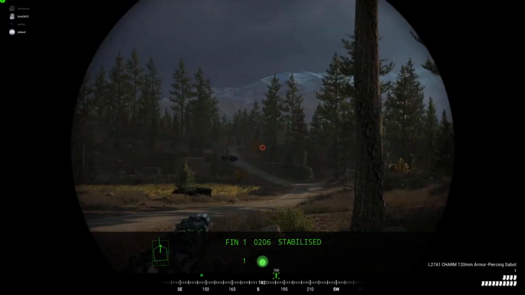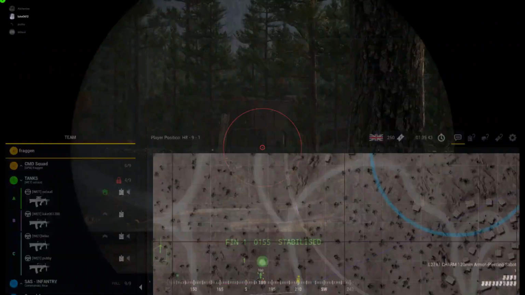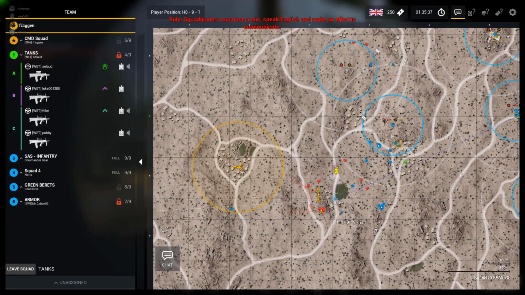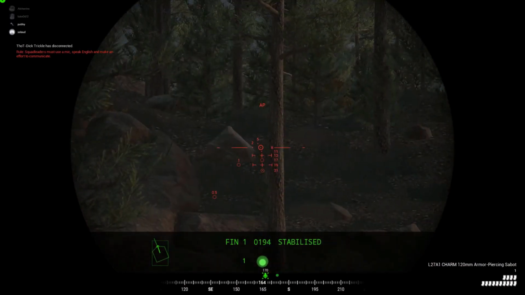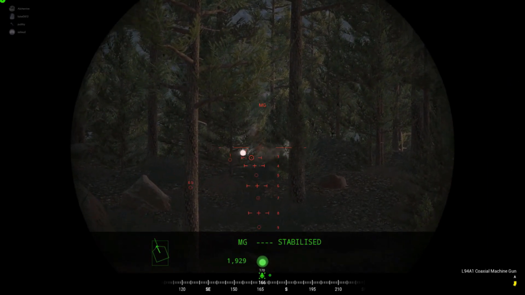So you can see my main focus at the moment is that building, because I know there's quite a few guys in there, but I keep checking the map because obviously I want to make sure I know where these enemies are, and there's vehicles being called out and stuff like that. Having the map open allows me to see where these enemies are